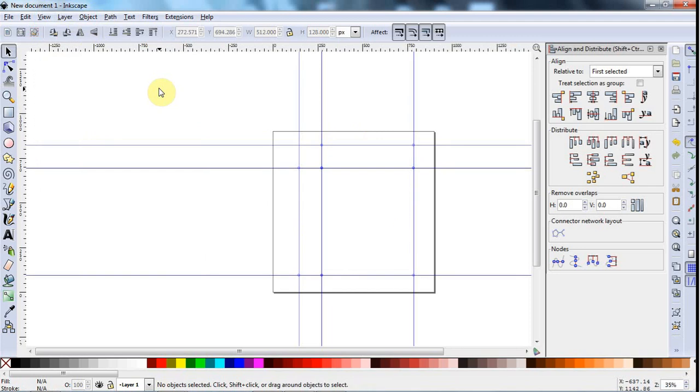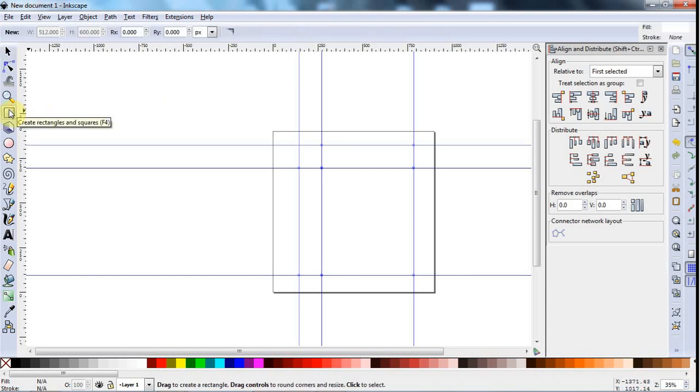So I'm going to click this rectangle tool here, and in this align toolbar on the right here I'm going to make sure that snapping is on, enable snapping, and I will snap bounding box to corners, I'll enable that. And let's also have snap to edges of bounding box, this one as well. And with the rectangle tool selected here, I'll just click near this corner here and just drag it down to here,